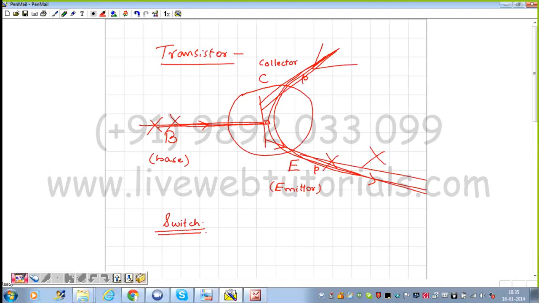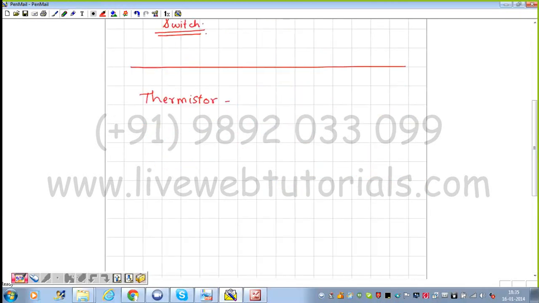The first example that I'm going to take is that of a fire alarm circuit. To understand the fire alarm circuit, we first need to consider the functioning of a thermistor. Now basically, what is a thermistor? Before this, we have done that there are two types of conductors. One is ohmic conductors. The other one is non-ohmic conductors.